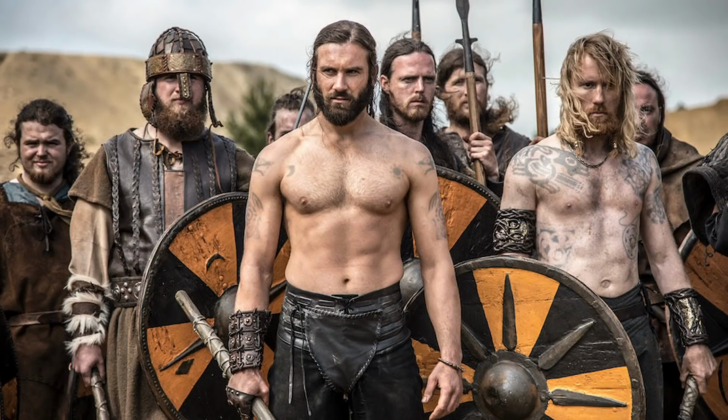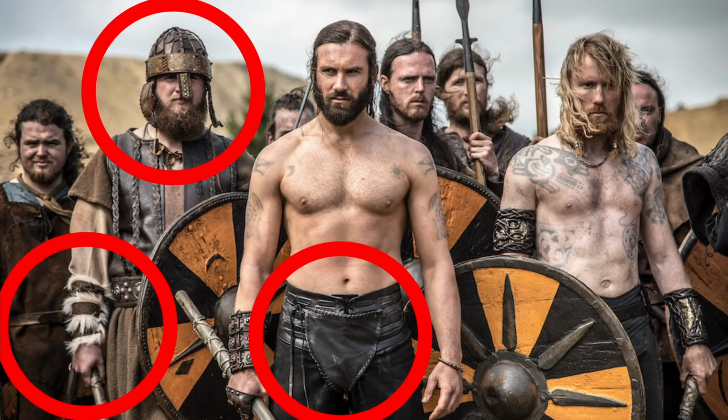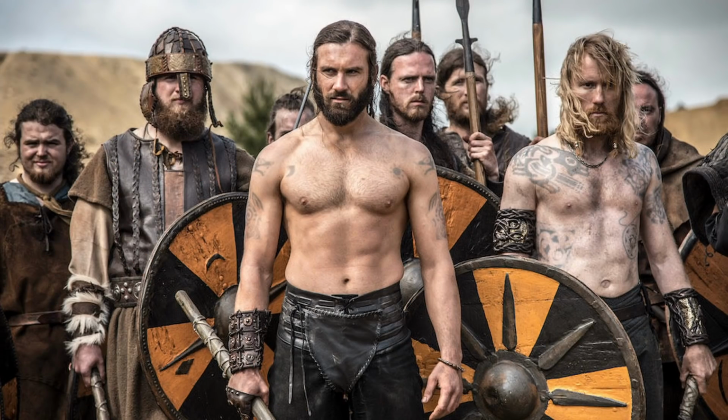Let's start with Vikings. So Vikings is pretty obviously the worst of the bunch in a lot of ways, and I'm holding a laptop here that has some screen caps from the series and some production shots and some behind-the-scenes pictures. And we're going to start with this scene. And the obvious stuff is just incredible, but we're going to resist talking about it because they are actually using spears that were used in the